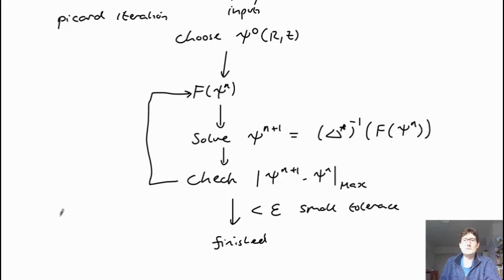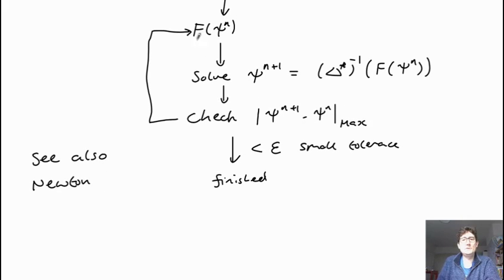There are other methods as well we could use. Newton iterations also work, and they are used in some codes. A downside of Newton iterations is that they need to be close to the solution in order to converge. If the solution is too far away from its final result, you'll find that the solution diverges and doesn't converge, whereas typically the Picard iteration tends to be more robust. So one option is to start with the Picard iteration and then use the Newton iteration once you're close to a solution, to accelerate convergence. But typically Picard iteration is good enough.